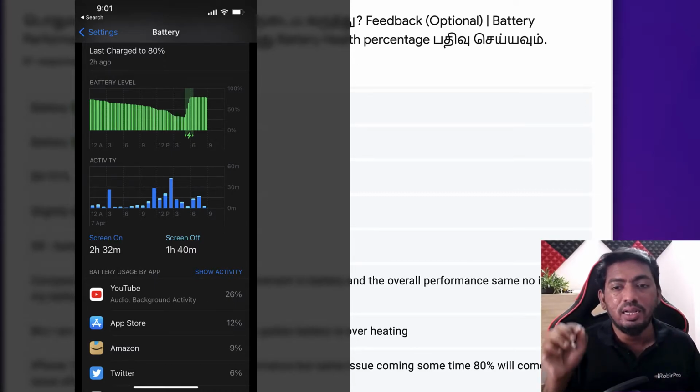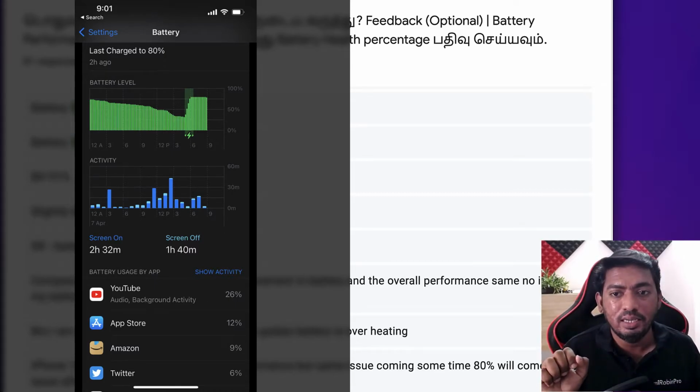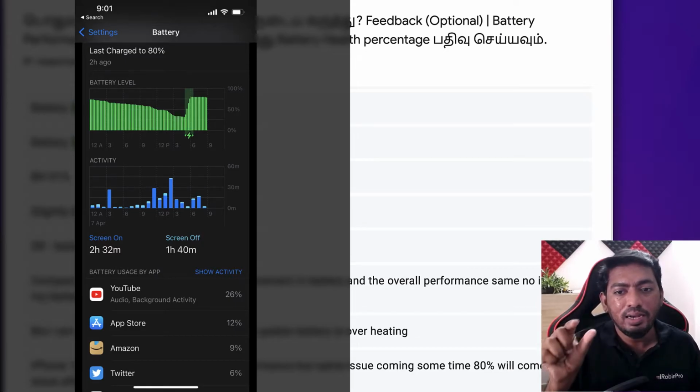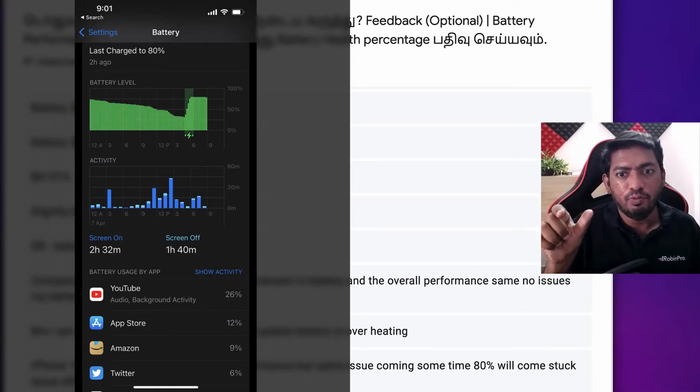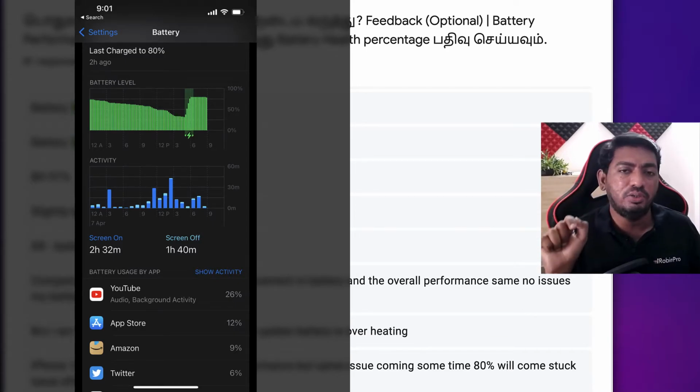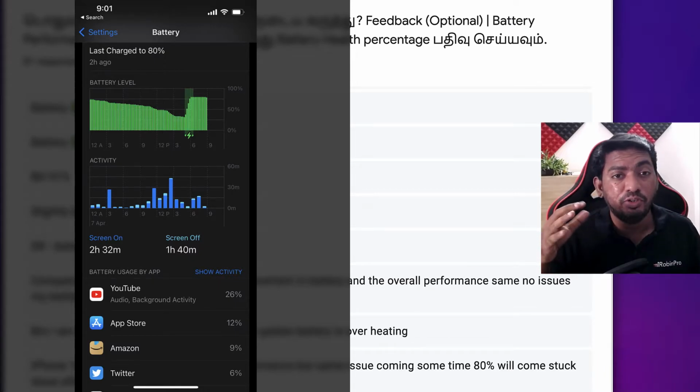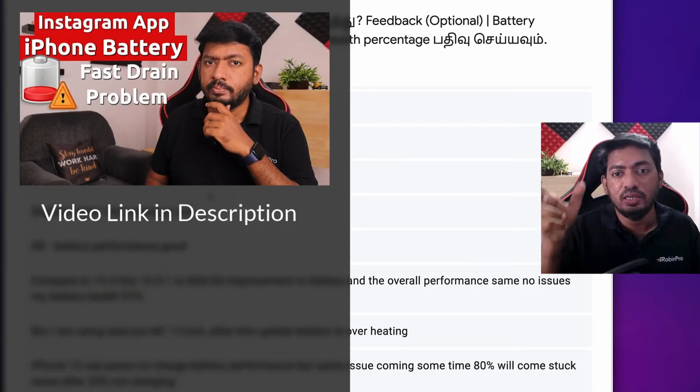and I had to restart the iPhone and perform an all settings reset to fix that. Here from the battery graph you can see that the draining during idle time is okay, it is stable, but while using it, the battery drains rapidly for me on the 13 Pro. And at present I have tried another troubleshooting method, which is reinstalling the application